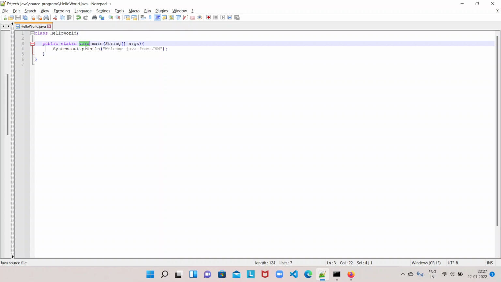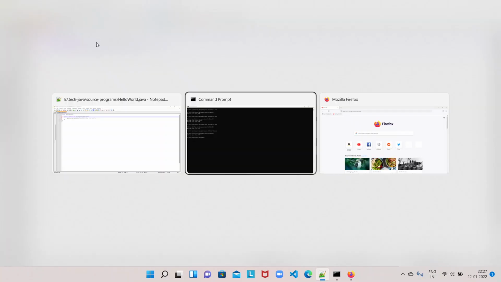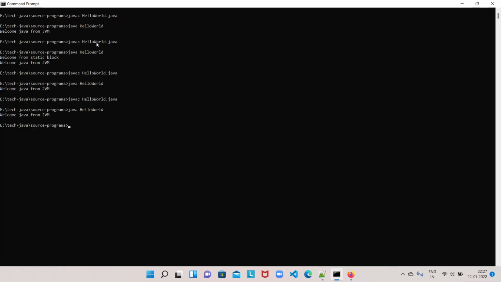Then let us change the return type of this main method to something else. As we have discussed, the main method should not be returning anything, right?